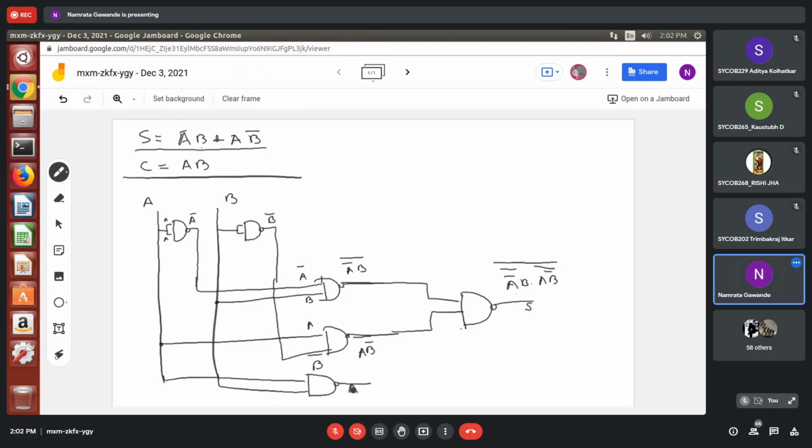A B bar. A B bar, but we want A B. Okay, so the output of this is A B bar, right? And if I pass the same to this, what will I get? A B, 2 times complement, that is nothing but A B, right?